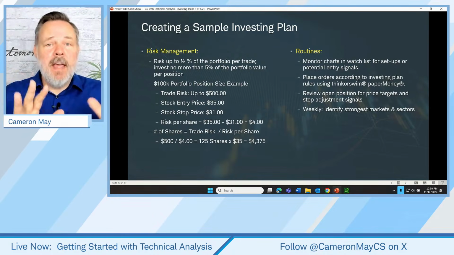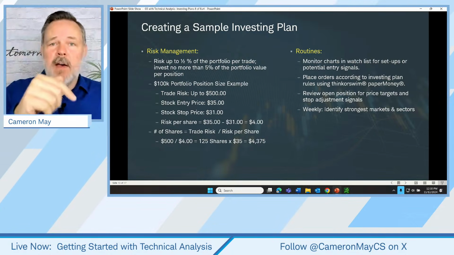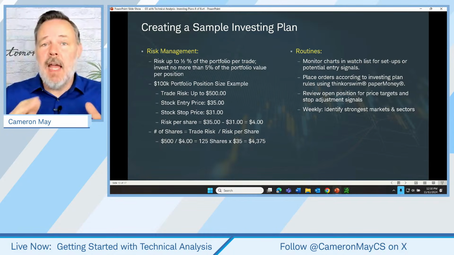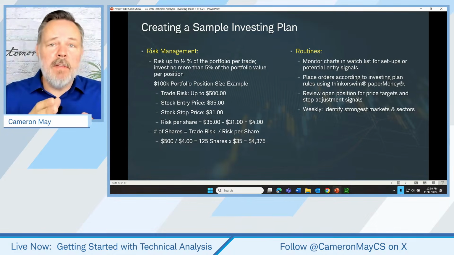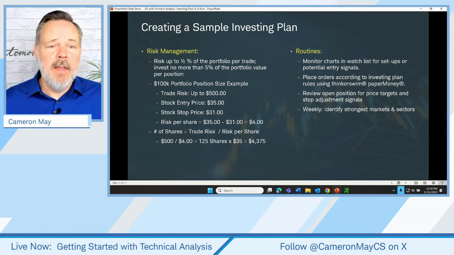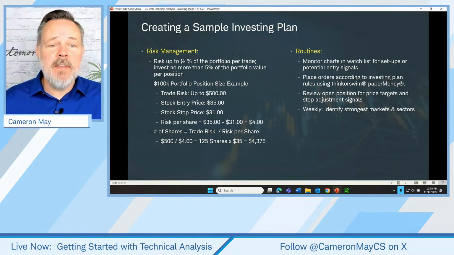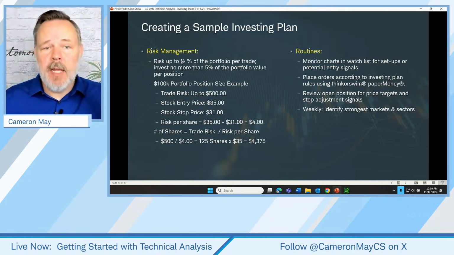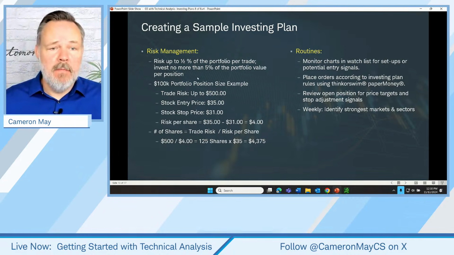But what if we instead had a plan? Buying at 10, hoping it goes up. But if it goes down, let's say our plan is to sell at $9. Well, we're investing 10, but planning to risk 1. So you can see how an investment and a risk can be different things. So for this example plan, let's say that we're willing to risk 0.5% per trade and invest 5% per trade.